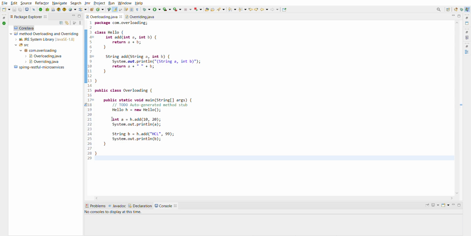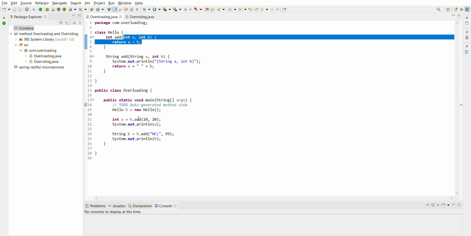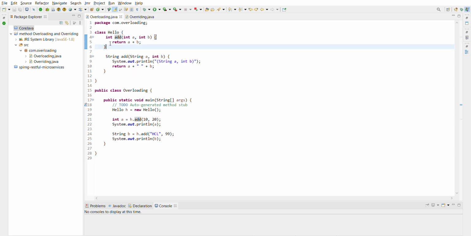And if you're talking about binding the appropriate method according to our parameter, it means according to our requirement. In this method I have specified 10 and 20. According to this specified method, it will search for the appropriate signature and call that appropriate method. And here I am using a string type first, and second an integer type. Then it will call this method, the second one.